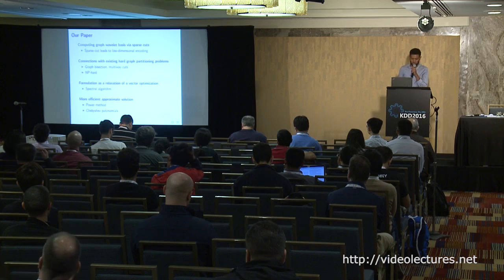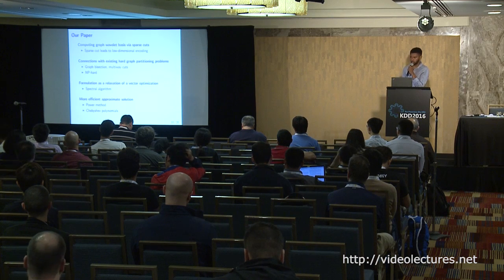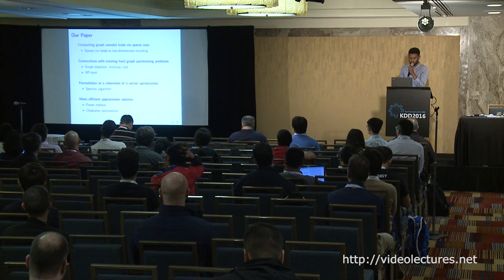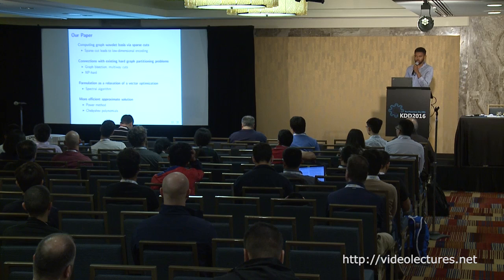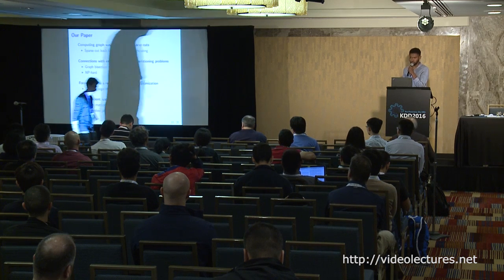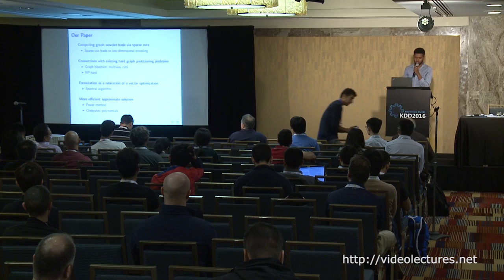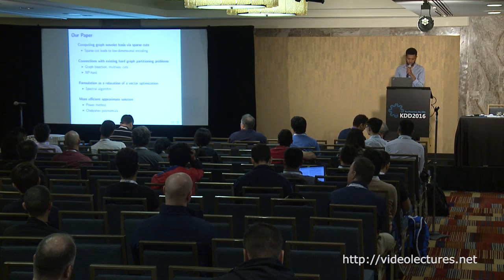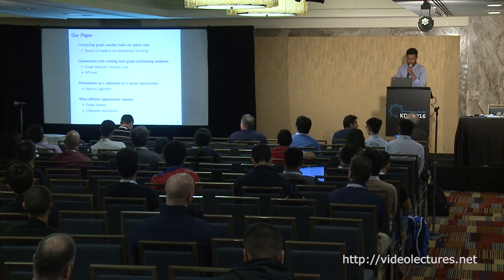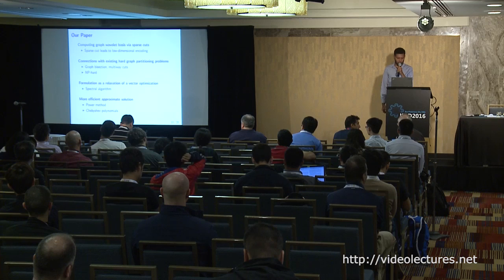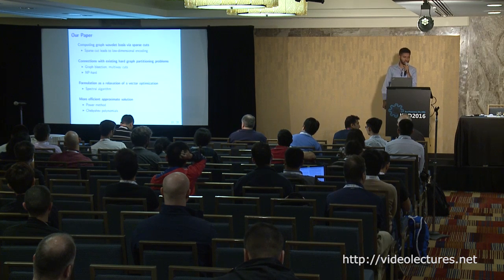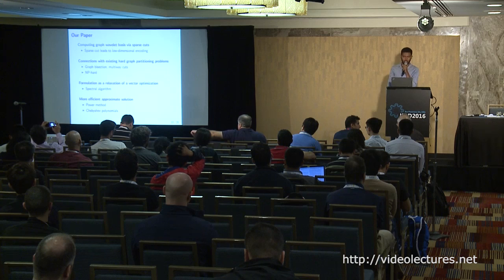So to summarize the paper, we have introduced this problem of computing graph wavelet bases using sparse cuts. We have shown that this leads to some low dimension representation for graph data. But we also have shown that this problem has very interesting connections with some existing problems in graph theory, especially partition problems like multiway cuts and graph bisection. And these problems are very hard. We have shown a formulation that leads to a nice algorithm to solve this problem using spectral graph theory. And then we have proposed some ideas on how to make this algorithm scale to some reasonably large data sets.